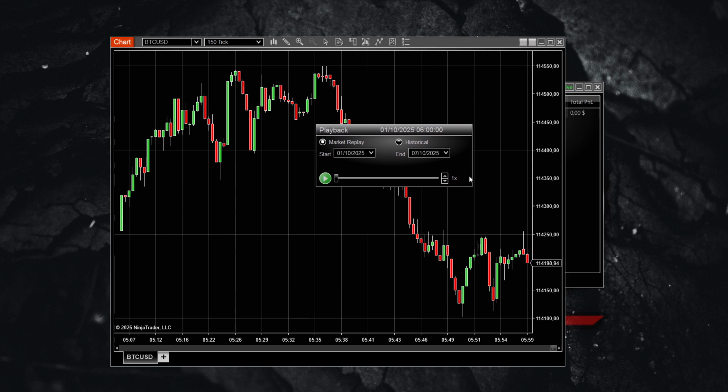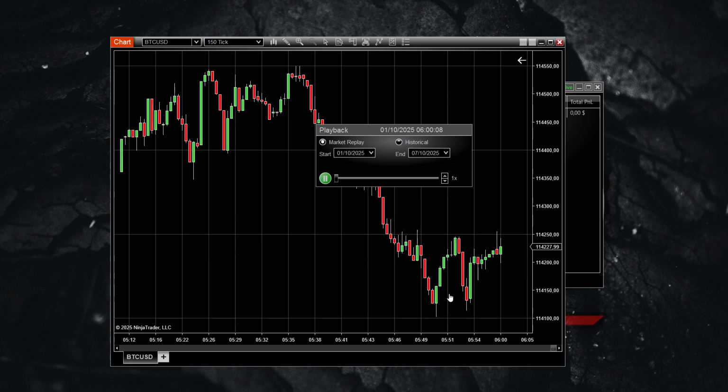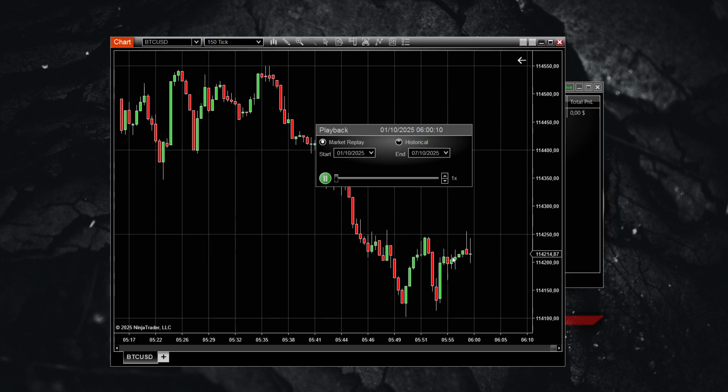And whenever you want to actually start using the market playback, just click on this play button. And as you can see over here, the market is now going on. It's starting on the 1st of October 2025. Over here, you can see the price movements, etc. So that's how you use market playback on